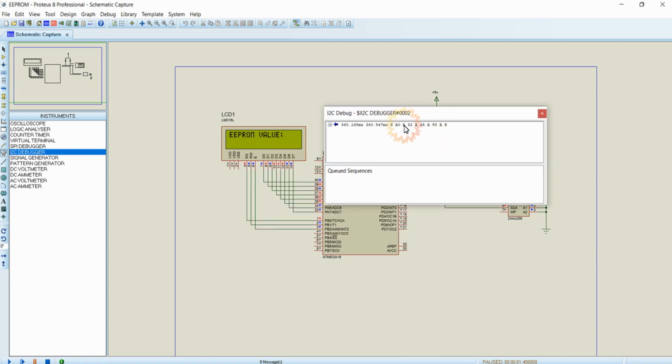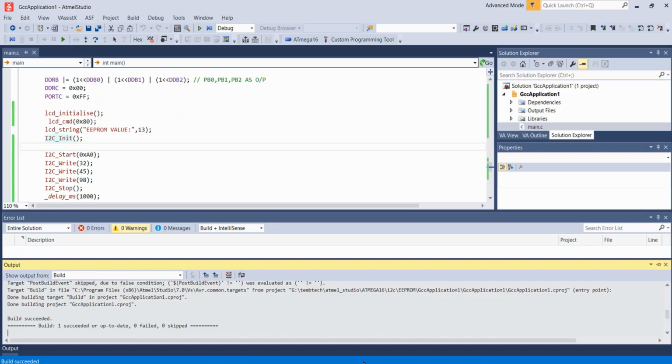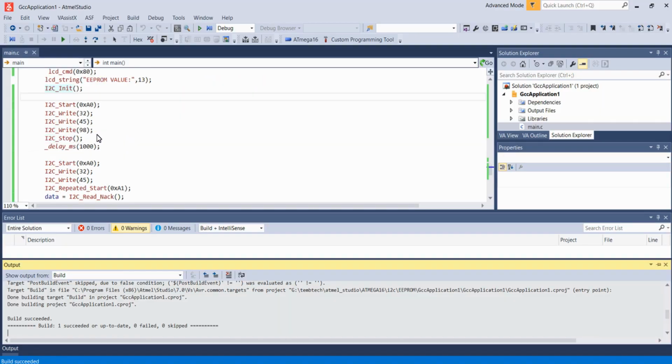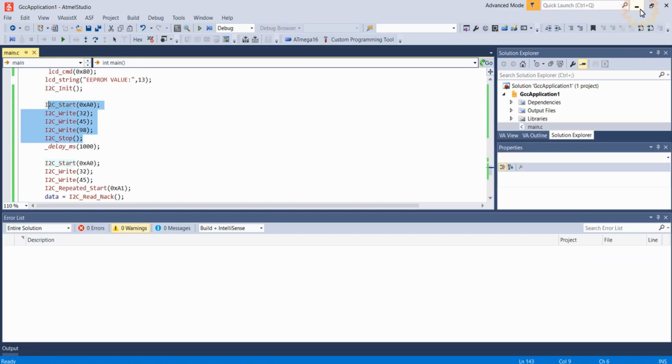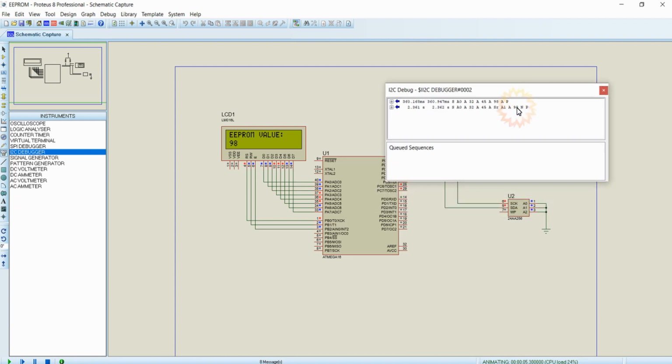So this is the write sequence that we did in the program. I hope you remember this. And now when I resume the simulation, you can see this is the read sequence. 98 is now received and that is printed over to the LCD.